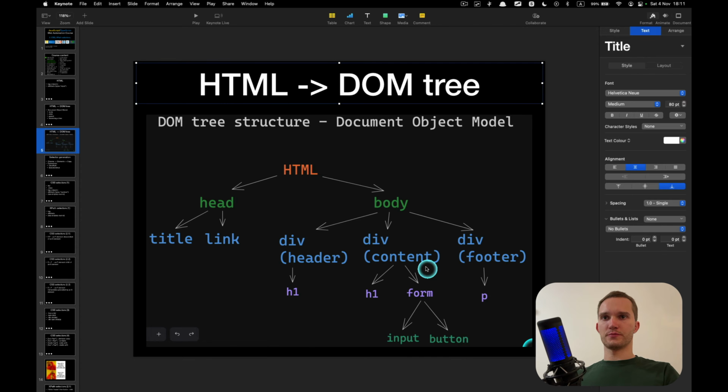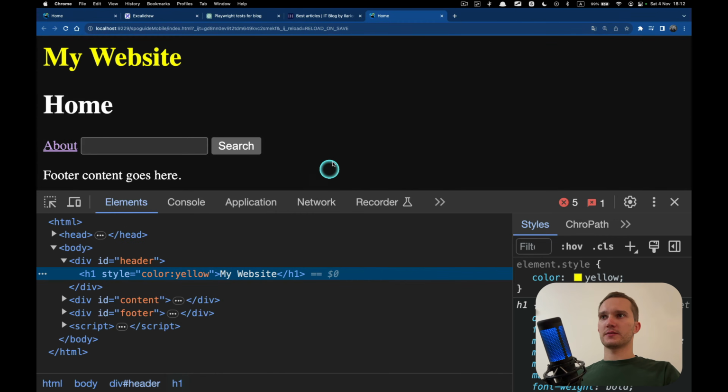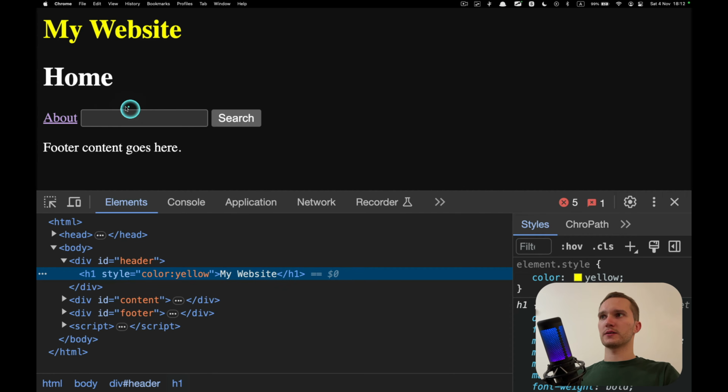So yeah, let me basically explain why we need to understand this. We need to automate some actions in the browser, right? In order to automate some actions in the browser, we need to know which exact element we need to click.